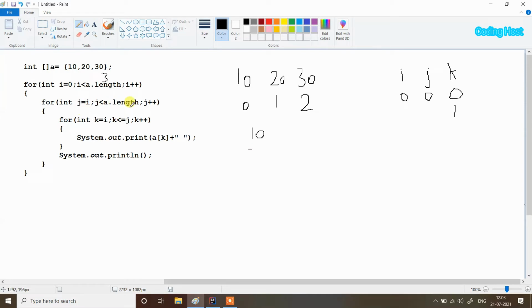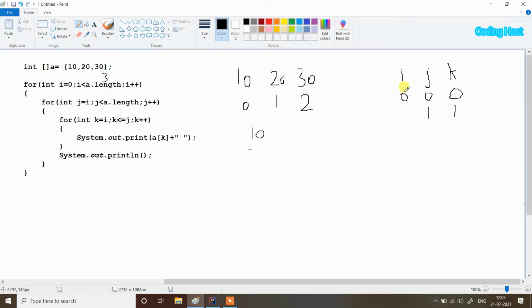After that, in this for loop, j will increment. Now j will become 1. So it will again check that j is less than a dot length. Yes, true, 1 is less than 3, and after that we get inside our for loop. Now you can see again that this for loop will start from i and go up to j.